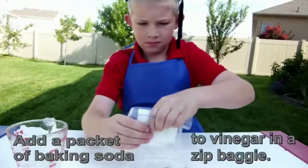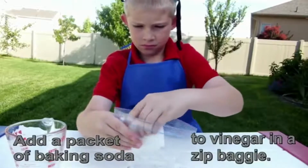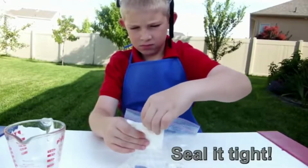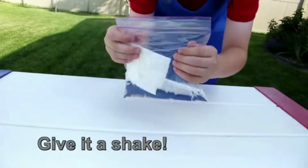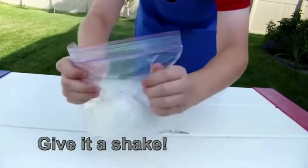So you have your bag full of vinegar there, a cup full of vinegar. You're going to have your folded tissue of baking soda. You're going to hold it so it doesn't get wet and seal the top of the bag tight. Make sure it's all tightly sealed. And once you've done that, you'll let it drop and get wet. Give it a shake. Step back